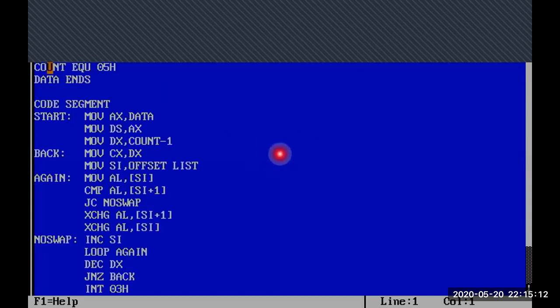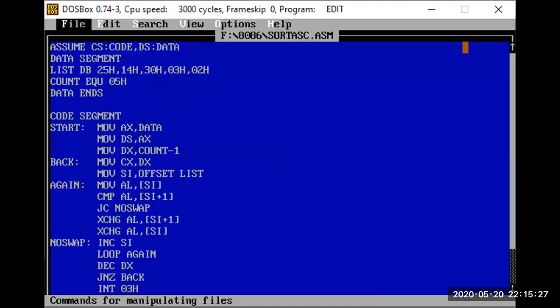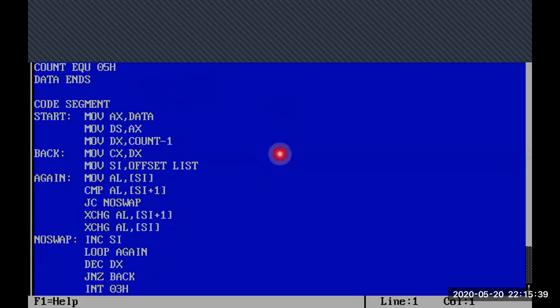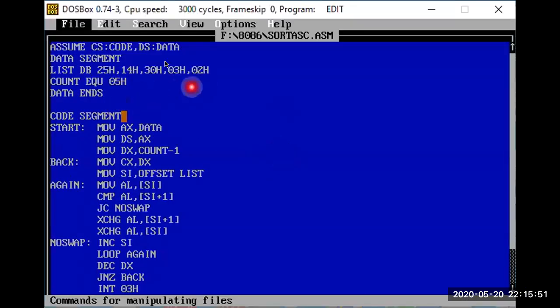And next, I gave some list values, list DB 25, 14, 30, 3, and 2. These are the values I gave to the list.